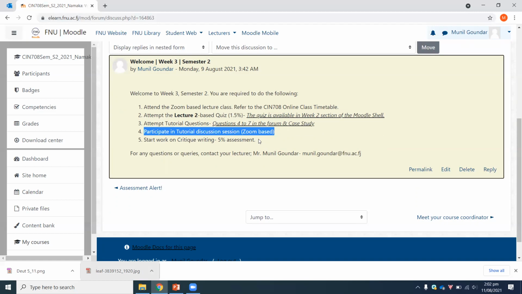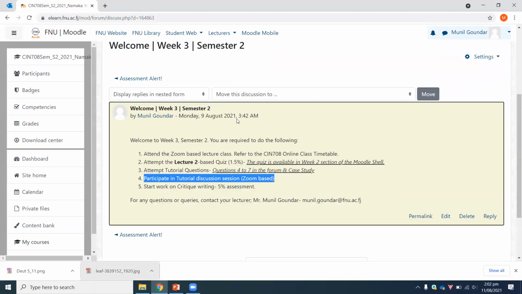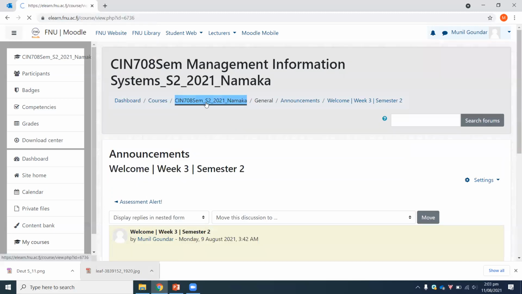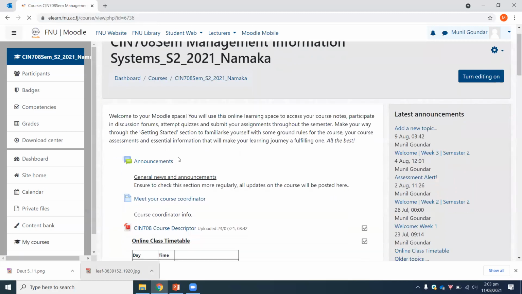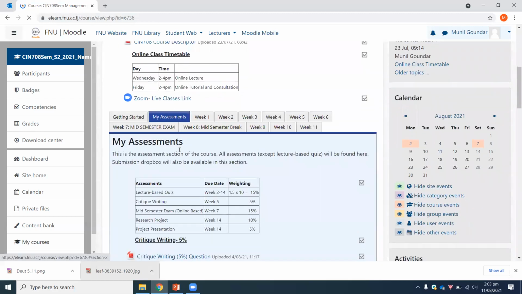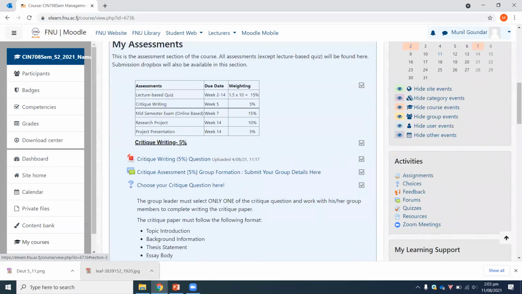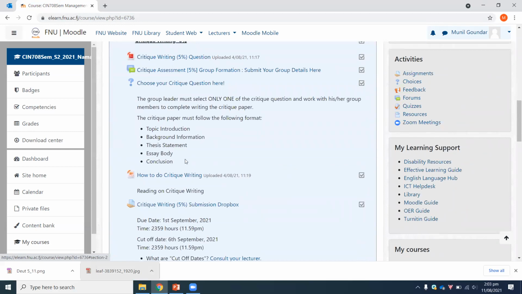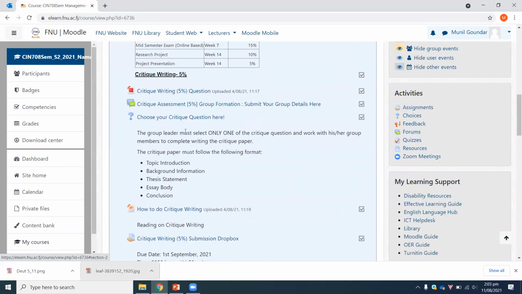You're also urged to start working on your critique writing. Those of you who have already selected your topic and given in the name of your groups on the assessment section of the Moodle Shell, thank you very much for your efforts. Some of you went as early as about 1 or 1:30 in the morning, submitting and selecting your questions.